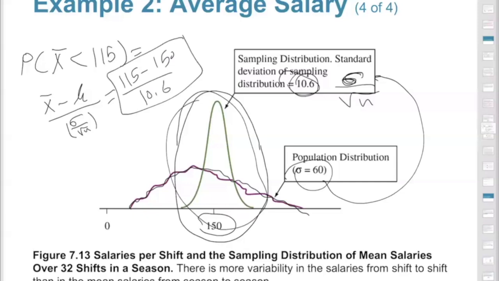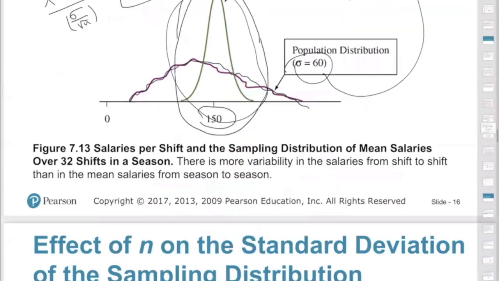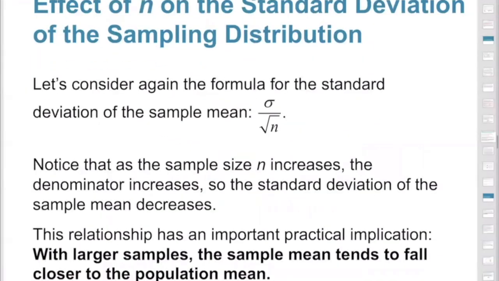From the table, you can find the area under this curve, which represents the predicted probability that the average salary will be less than 115 in another season. We will come to this part after a while, because we have to know how to apply the central limit theorem on some applications. Okay,